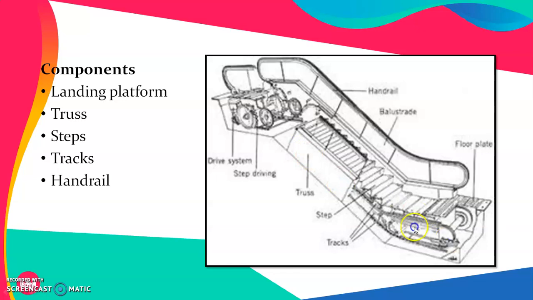direction. This is the track in the direction of which the escalator moves, while these are the handrails and balustrades. They are also moving along with the escalator steps, and they are synchronized in such a way that they move at a very similar pace to help passengers feel safe.